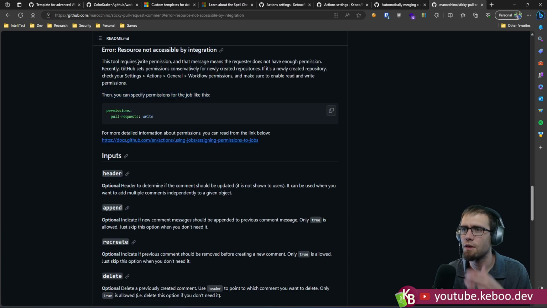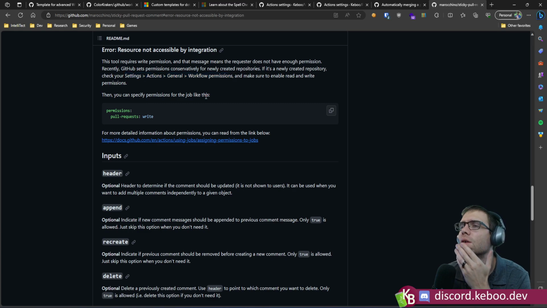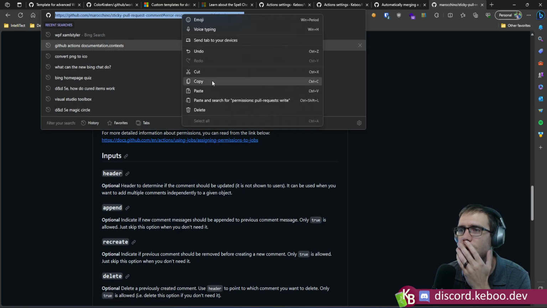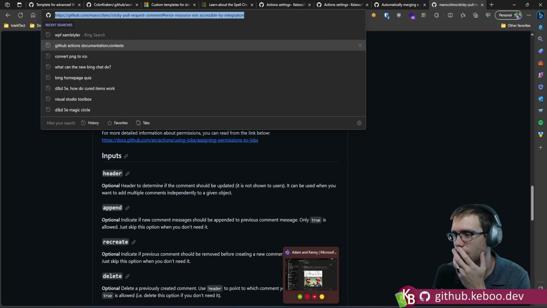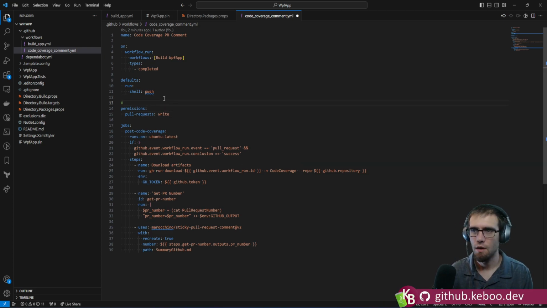This tool specifically requires, so you do have to enable this in your workflow permissions. So we are going to take this. So this is probably going to fail again. This is required by